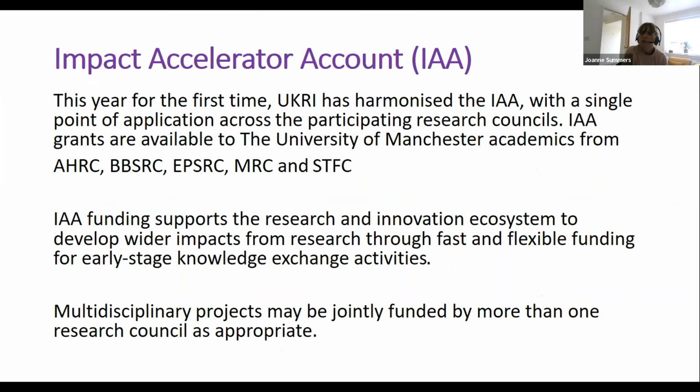So moving on to impact acceleration accounts. This is really exciting. It's the first time UKRI have delivered a harmonised IAA, which is one single application that covers the five research councils previously mentioned. The aim is to support existing research and help innovation ecosystems to develop so that we can fast track that research through